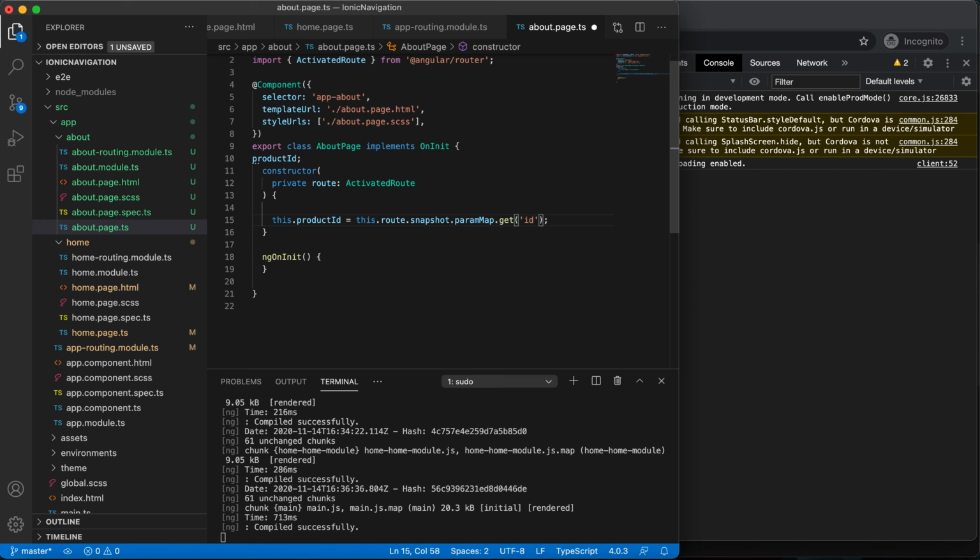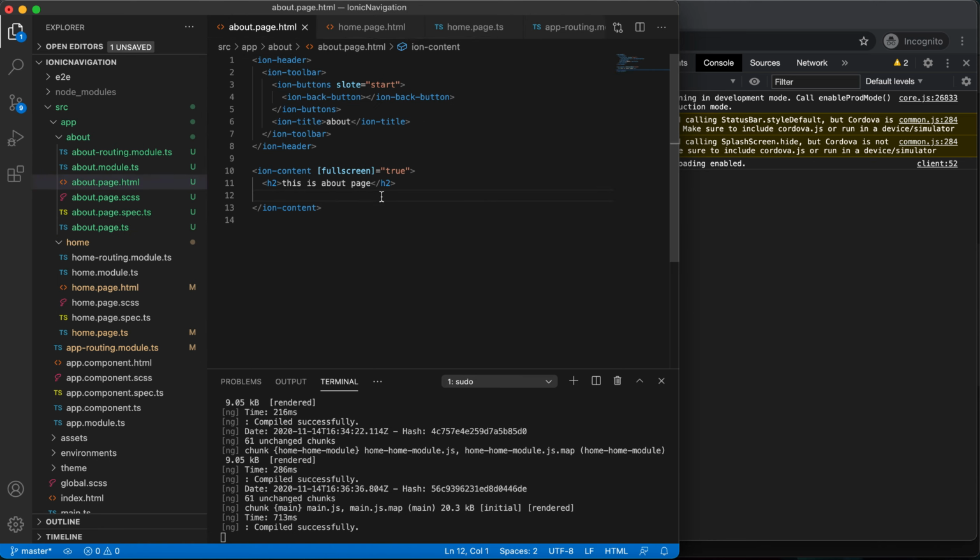Okay, so we are getting the ID. This ID is user defined. So whatever we are passing here, we need to pass it in the app routing module. So now we need to display the product ID here.